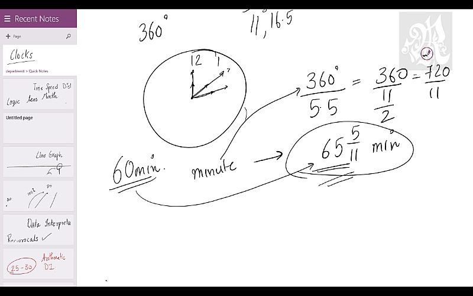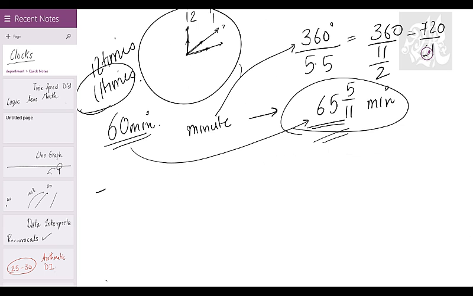They meet a little more than the hour, which means they will not meet 12 times. They will instead meet 11 times. That's why the hands of the clock meet 11 times in 12 hours. So in a span of 12 hours, they will meet 11 times total. So in one day, how many times will they meet? Yes, this is a very important note: 22 times a day. The minute hand and the hour hand meet a total of 22 times in one day.